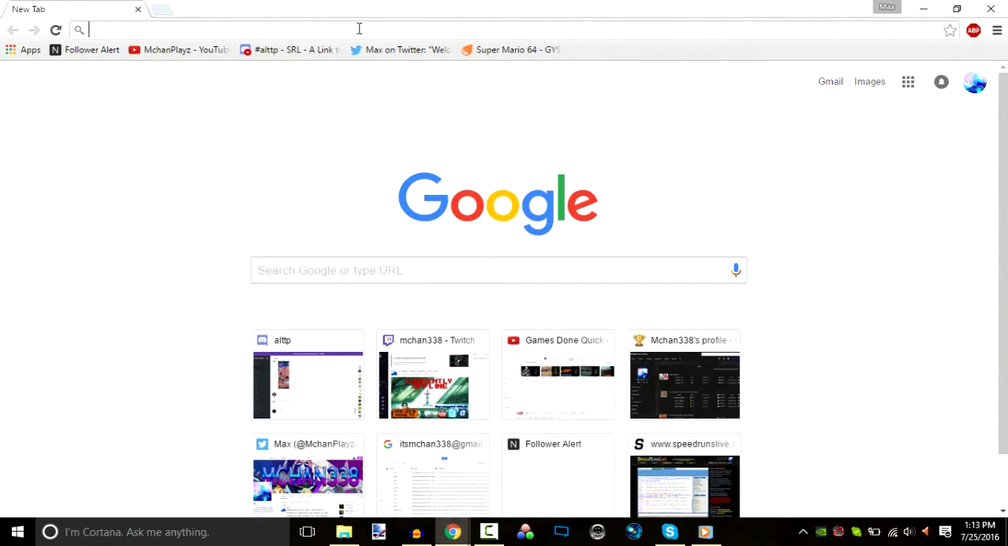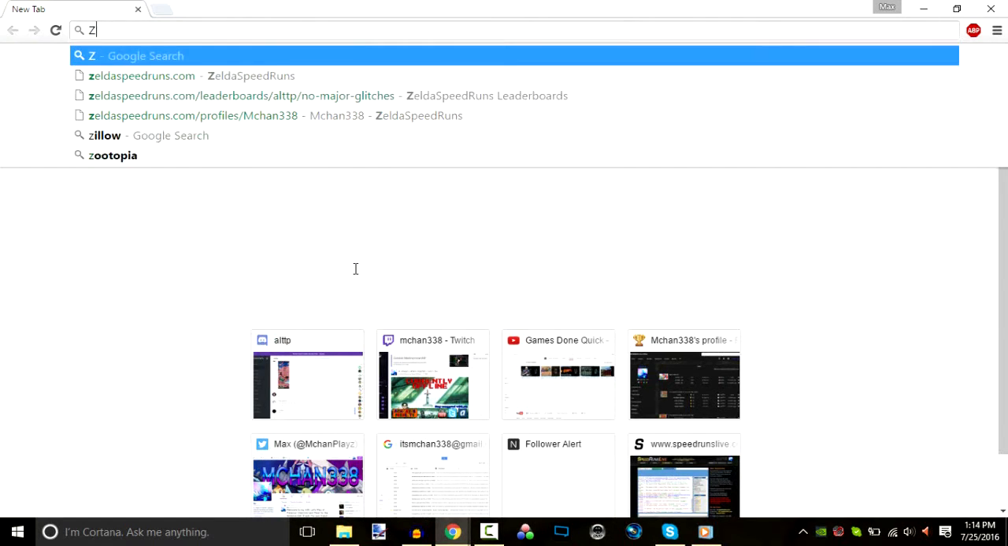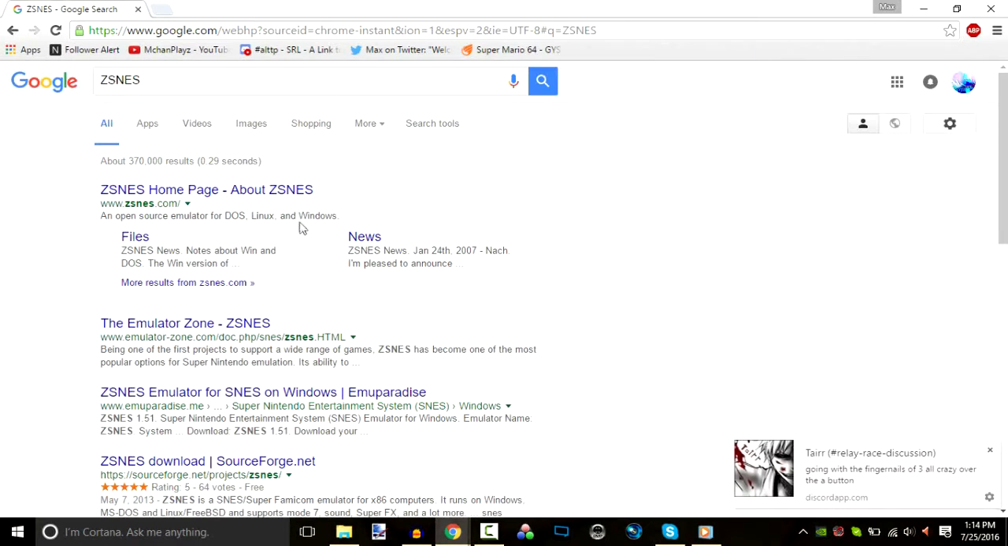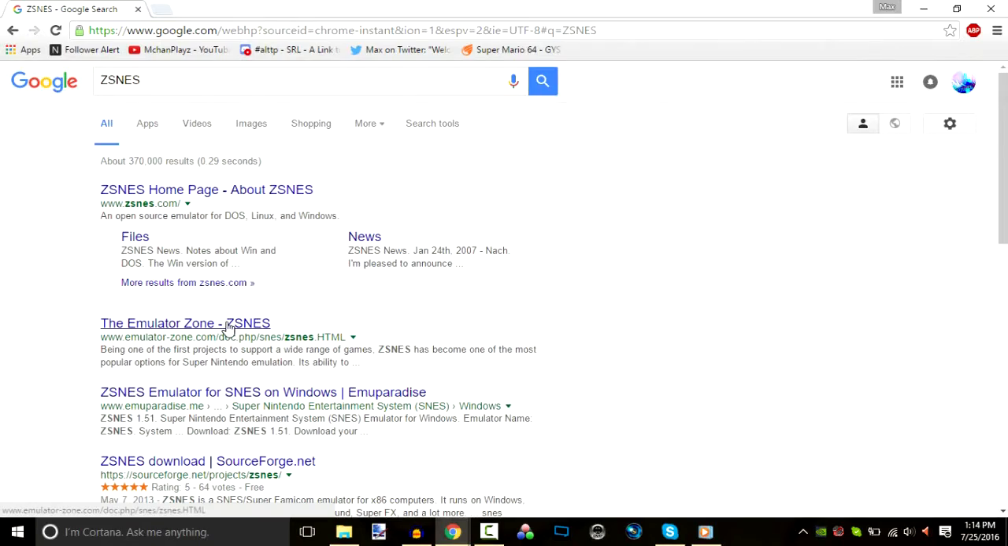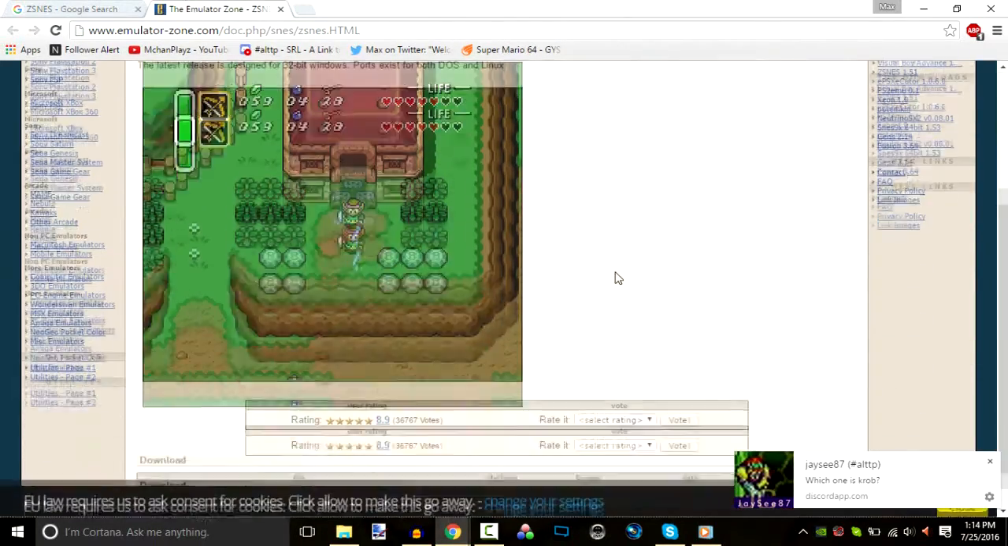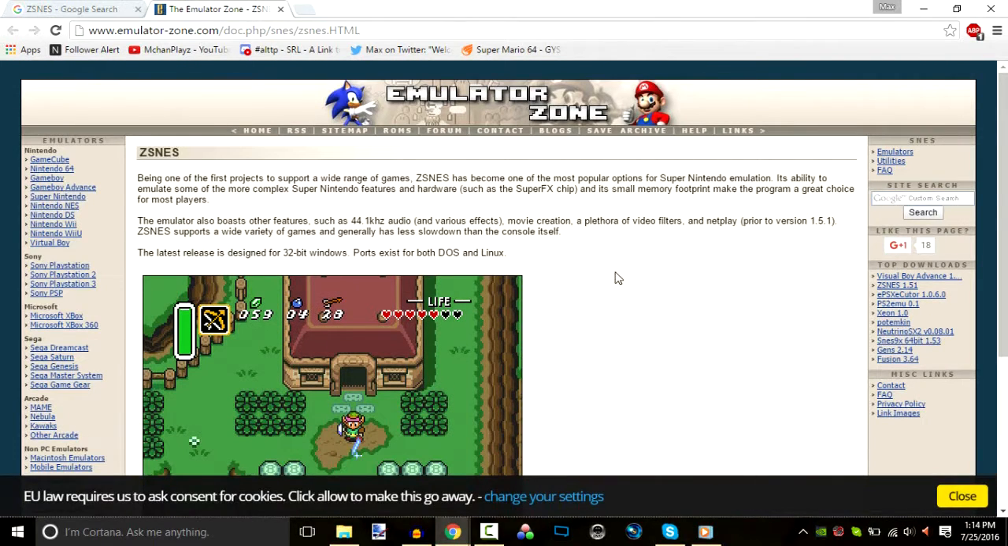I am going to go onto Google. And the first thing you want to do is you need a Super Nintendo emulator that will make your ROM work. So, one emulator I do recommend is ZSNES. So I'm gonna go ahead and Google it right now, or you can go to a site called Emulator Zone, which is right over here. As you can see, Emulator Zone is a site where you can pretty much download any emulator